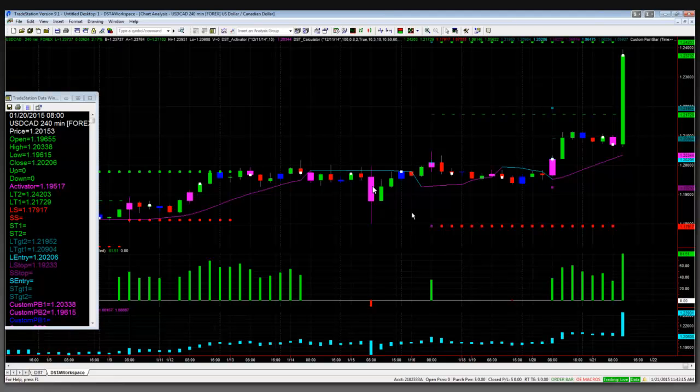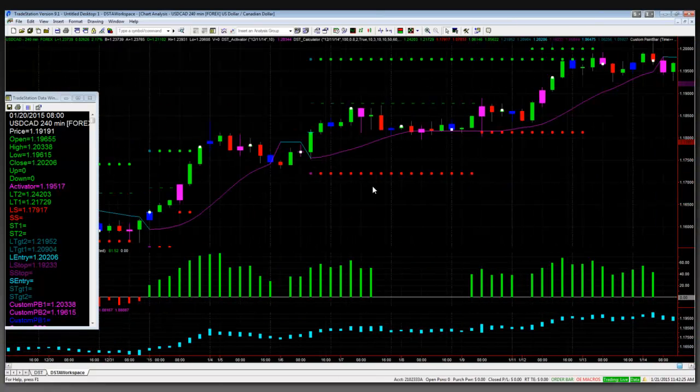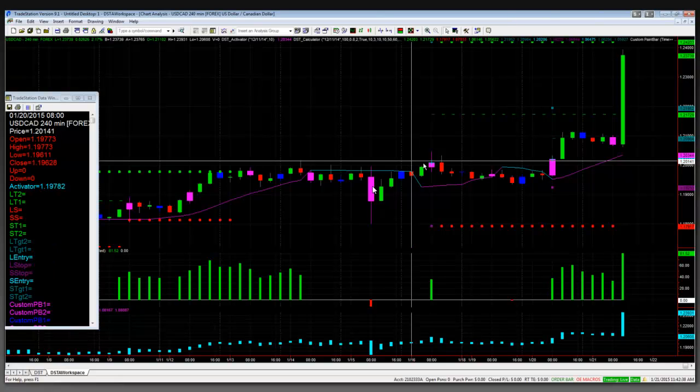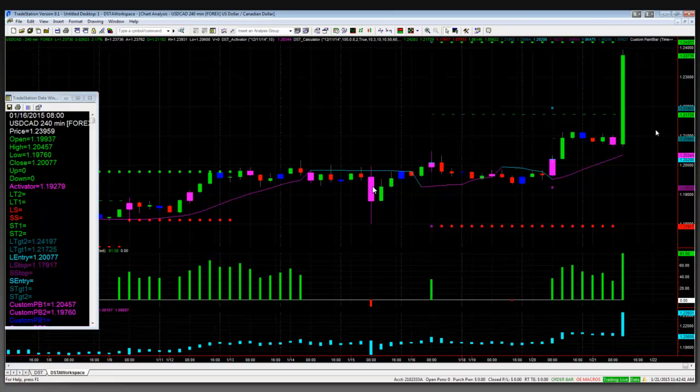But this is the USD/CAD. Again, no optimization, no curve fitting, and look what's happening on this move. And we've been on the buy side. I want to jump in, Mark. Yeah, go ahead. On this trade, the reason I love the add-ons is that you see how big the profile of this trade, the main trade, is, about 400 pips. Not every trade is going to go all the way, and that's where the power of the add-ons comes in: it gives you lower profile trades. It takes advantage of those little swings,